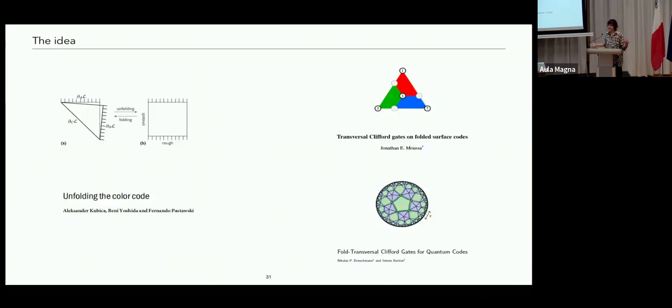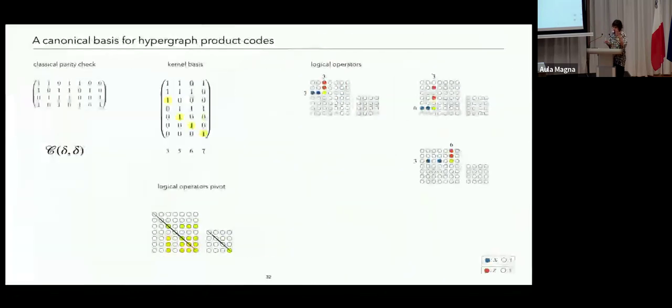So the next question is, can I do some color code kind of trick on planar codes and hypergraph product codes in general to obtain the same kind of operation that I had on the color code? The answer is yes. You can do that on hypergraph product codes and on other codes as well that have these kind of symmetries. And I will show you